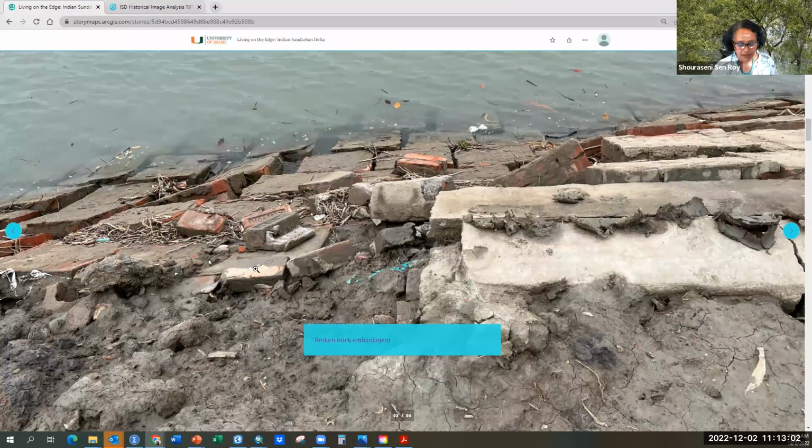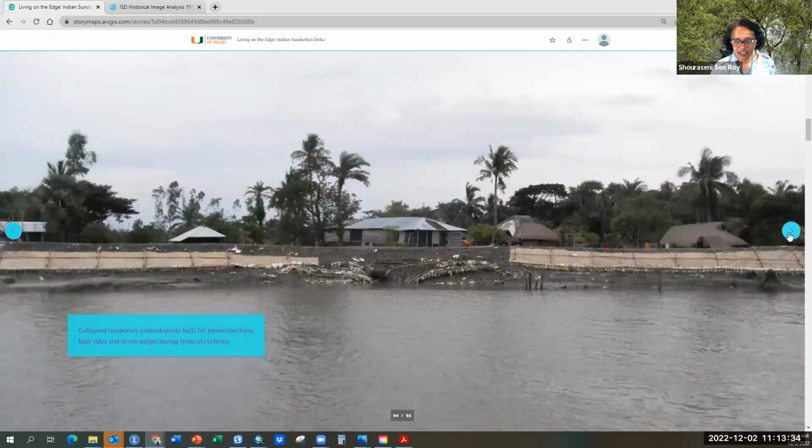The last two cyclones were Amphan, in 2020, which actually went over the island and caused a lot of destruction, and then Cyclone Yas, in 2021. Yas didn't even go over the islands, but it caused a lot of destruction. So these embankments can't withstand those kinds of impacts. Today Landolf was talking about the storm surge and winds. So this is one of those impacts you can see.